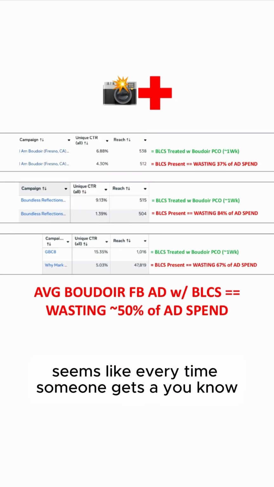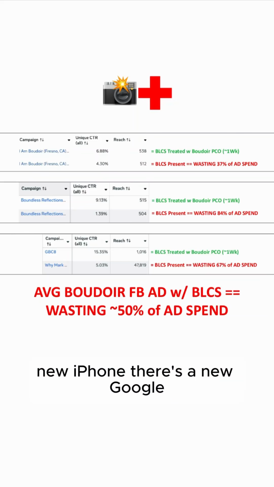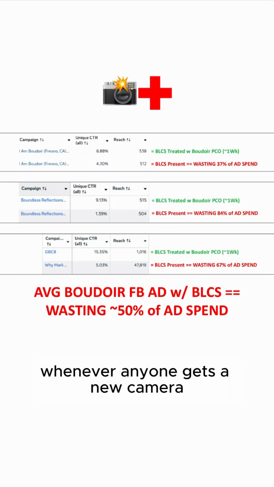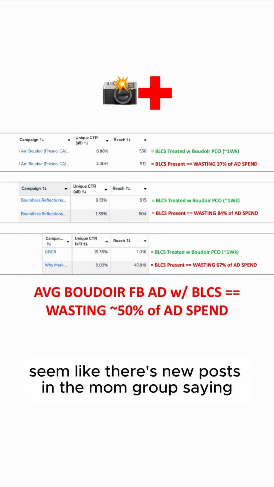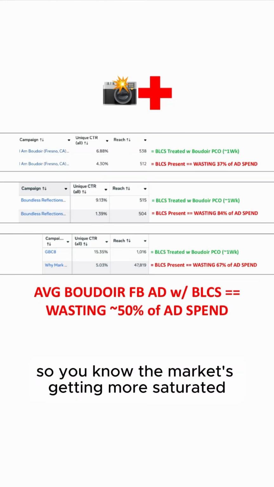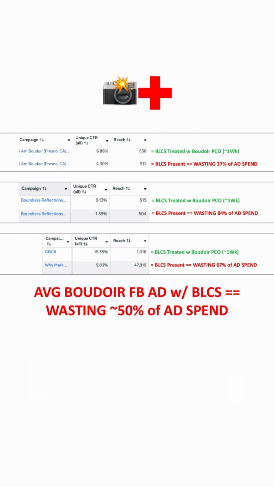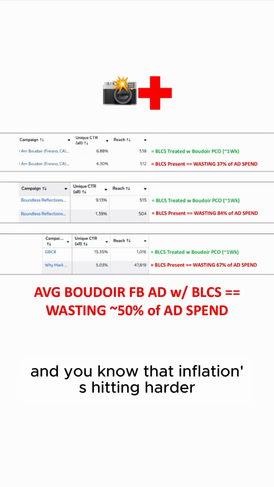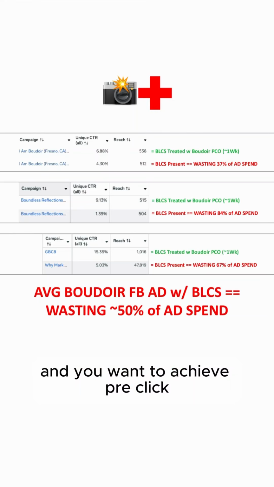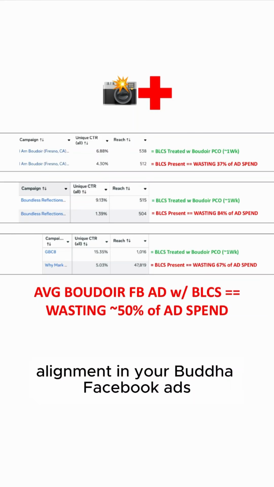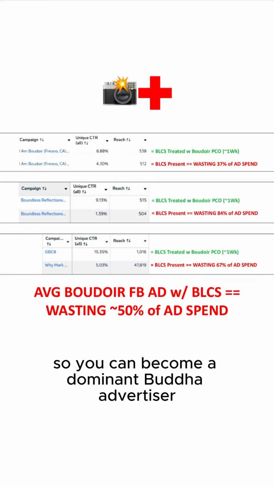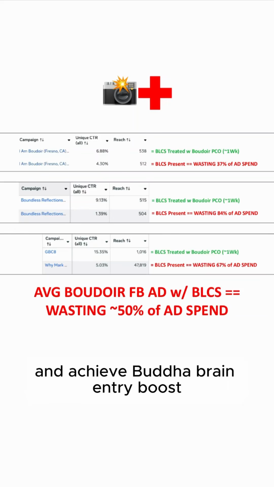Seems like every time someone gets a new iPhone, there's a new Google My Business profile going up saying they do boudoir shoots. Whenever anyone gets a new camera, it seems like there are new posts in the mom group saying that they do boudoir shoots. So you know the market's getting more saturated, and you know that inflation's hitting harder, and you want to achieve pre-click alignment in your boudoir Facebook ad so you can become a dominant boudoir advertiser and achieve boudoir brain entry boost with your boudoir Facebook ads,